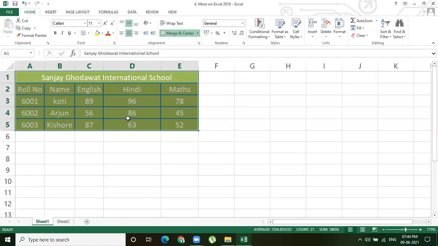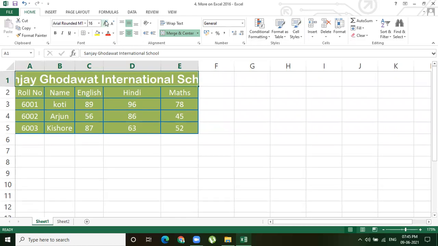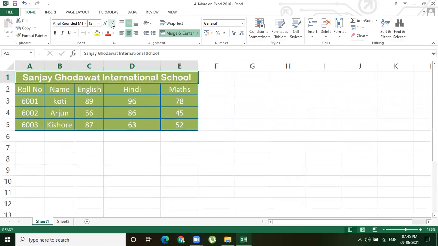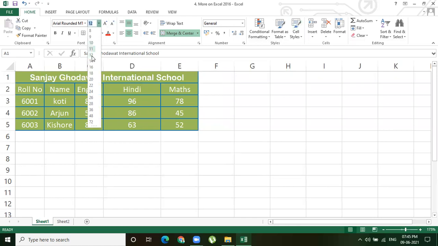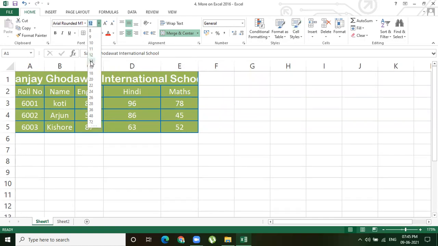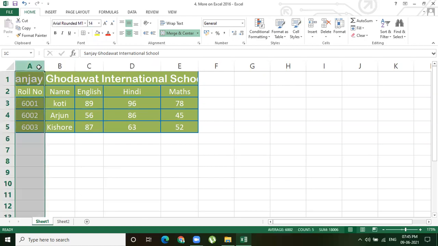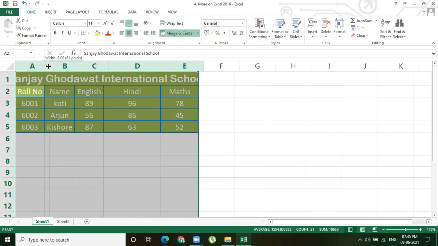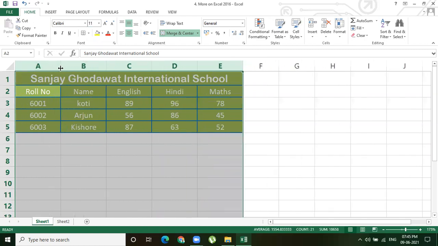Next, filling color in the cells. It means in this cell, if you want to change the color, you already know font styles are there here. You can change the font style that you want to apply. And if you want to increase the font size, you can increase and decrease, right? Even here also, the font size, if you want to increase, you can increase and decrease, right? If the text is not visible, then what you have to do? You just select these columns and increase the column width. Automatically, equally the column width will be adjusted, right?